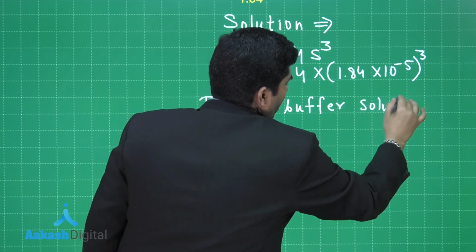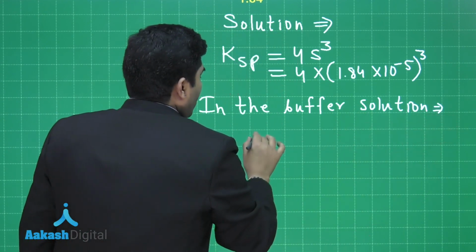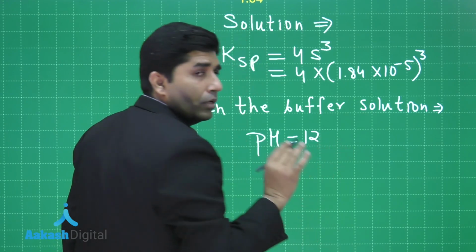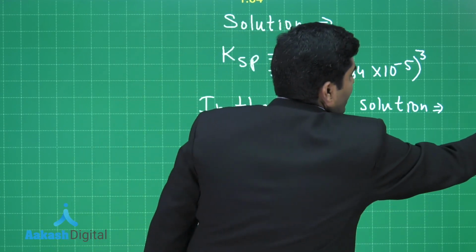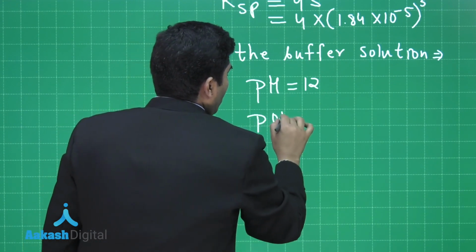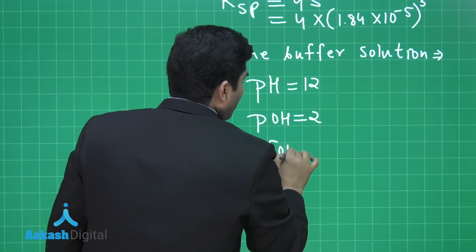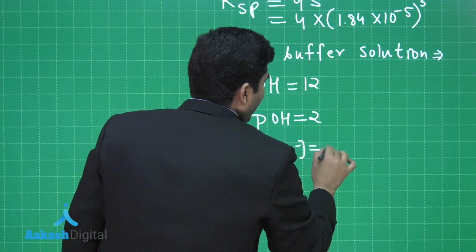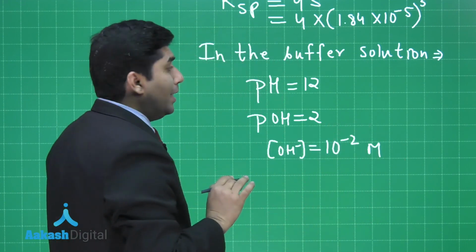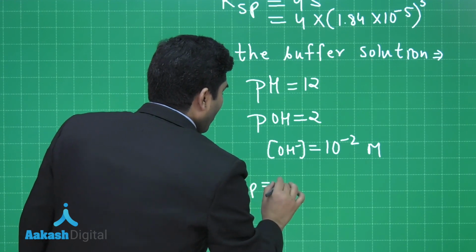Now, in the buffer solution the pH is equal to 12, right? It means that the pOH will be equal to 2, and the OH⁻ concentration will be equal to 10^-2 molar, right? And Ksp will be equal to